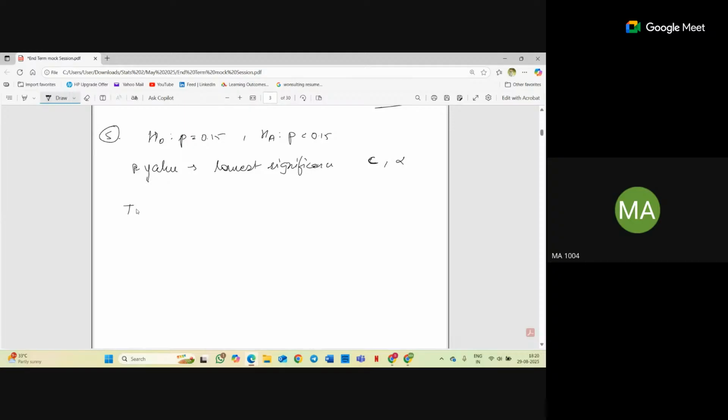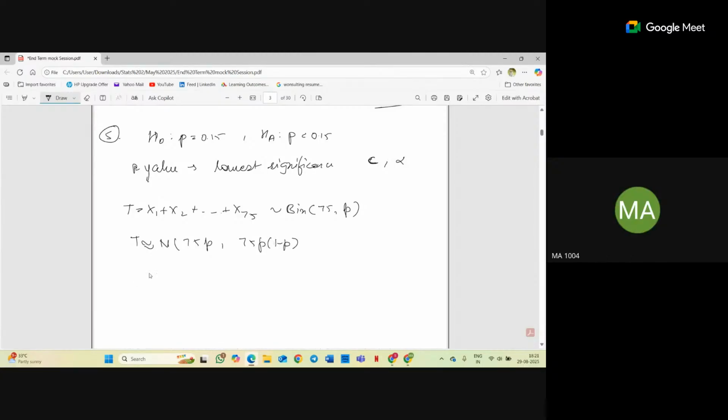Let's suppose my T would be x1 plus x2 and so on till 75, which is following a binomial. There are 75 samples, and p is the probability of success, that means probability in the sense of detecting. Now, this is my T here. So T will be following a normal distribution with mean 75p and variance 75p into 1 minus p.